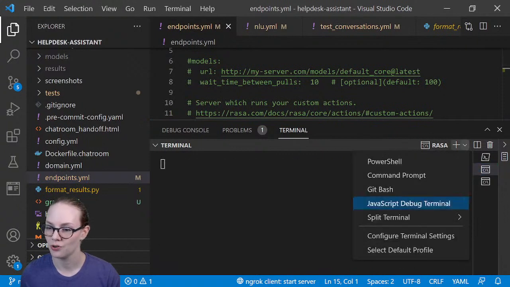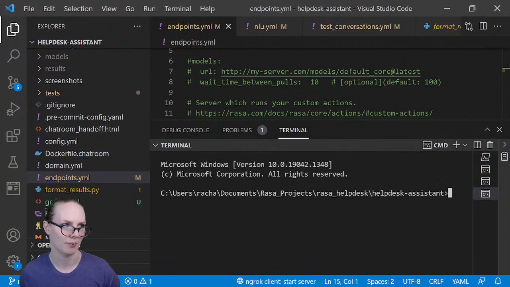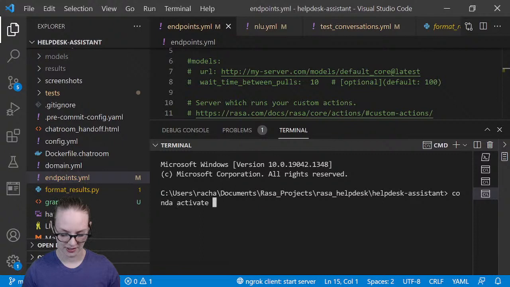So let's start a new terminal. I've been having problems with Conda and PowerShell, so I've just started using the command terminal instead. If any other Windows people are having that issue, that might help. And let's activate our environment with some correct letters. conda activate rasa